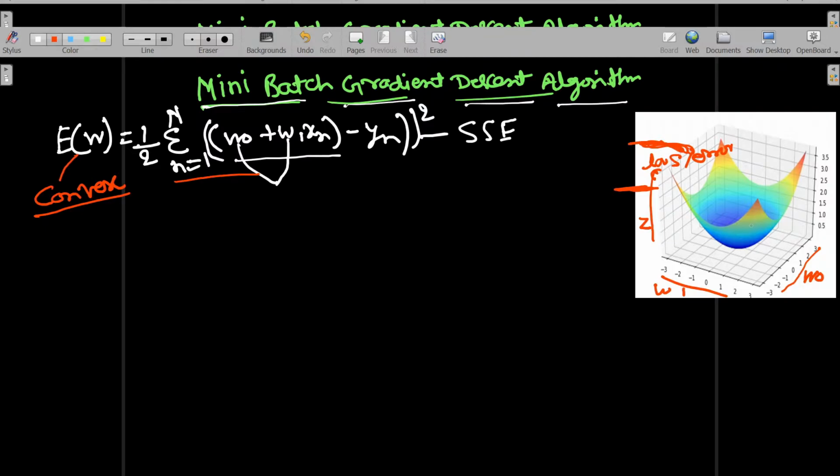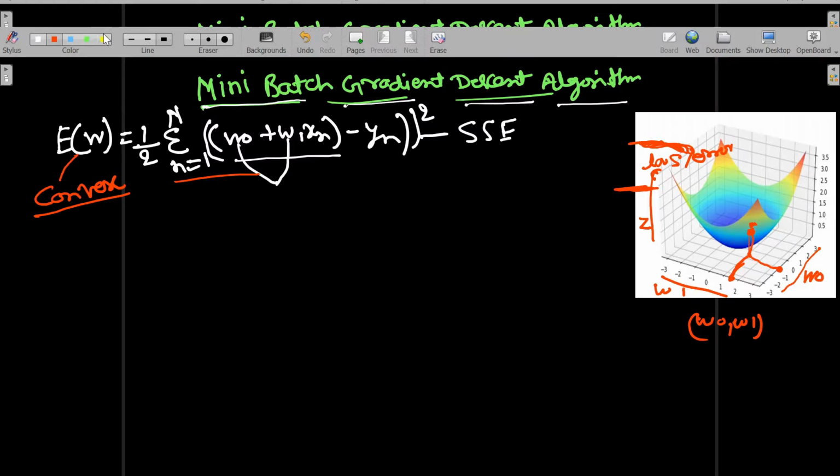Let's suppose this is the loss function. If I take this particular point, then for this point we have the corresponding W0 and W1. If you draw a straight line here, this is the W1 point and this is the W0 point, and for this we have this loss. So for each W0 and W1 point there will be a loss, and this is depicted in this graph. So this is the loss function.